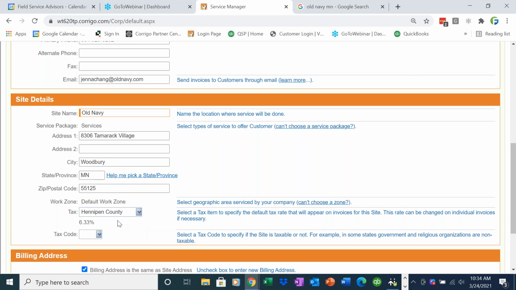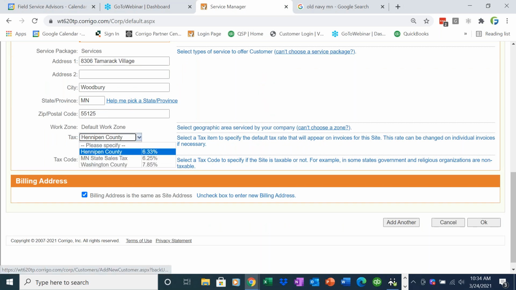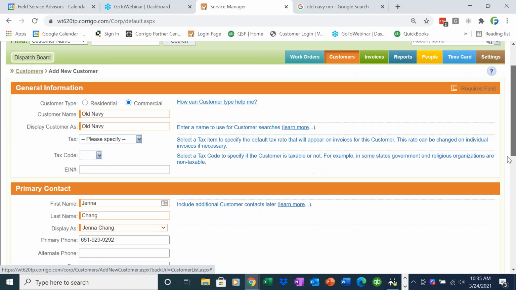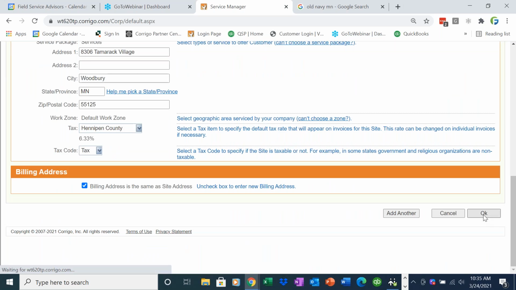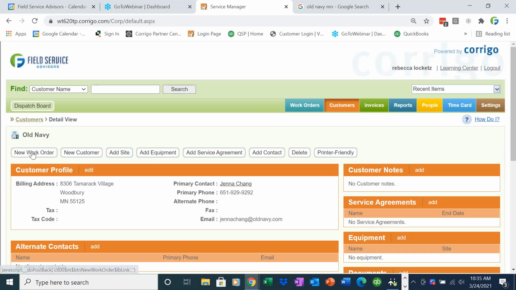All right. Okay, and then all the tax items will come right over. If you have tax items, even if you have hundreds of tax items, those will all come right over when we synchronize. All right, so I've got my new commercial customer, Old Navy, and I'm going to go ahead and